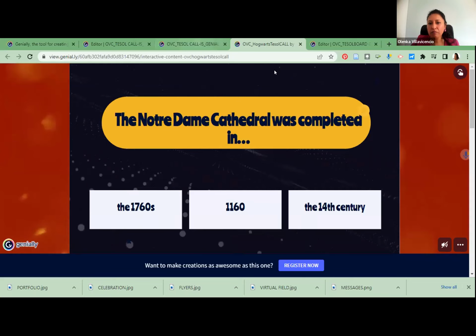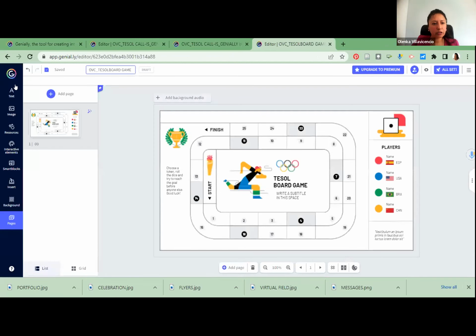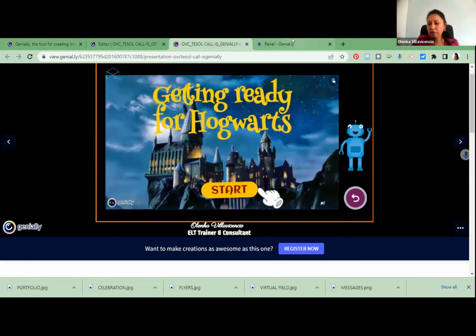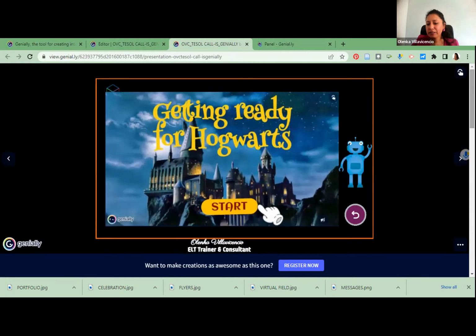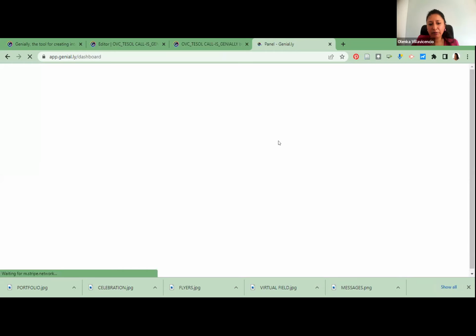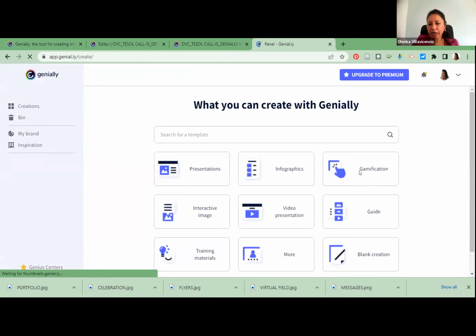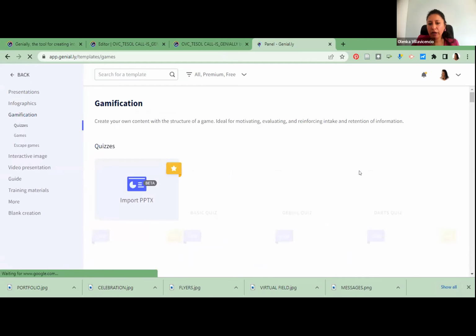The same, you can do this with the escape room. Okay, we go to this section exactly the same, Genially, and in Genially gamification, and in gamification you choose the option escape rooms. Okay, and you continue with the escape room. What about the time? All right, you're going to tell me about the time. So create Genially here, gamification, create, go there. Okay, free option,